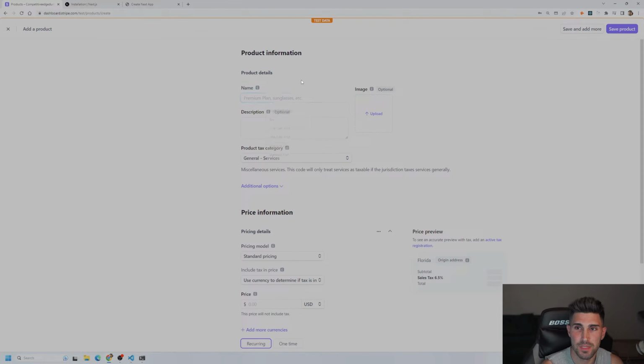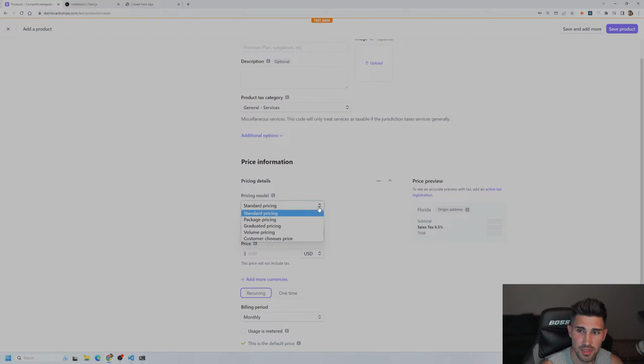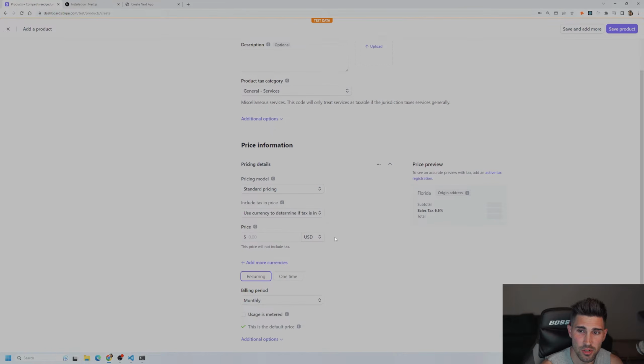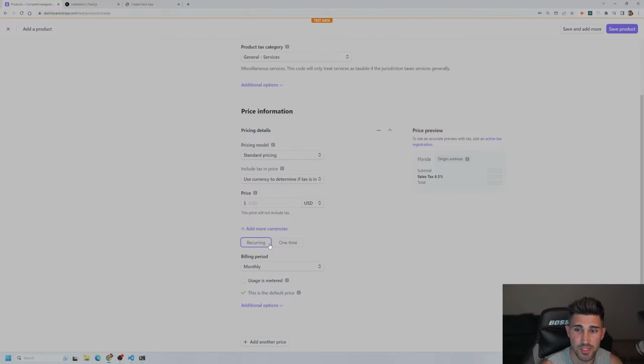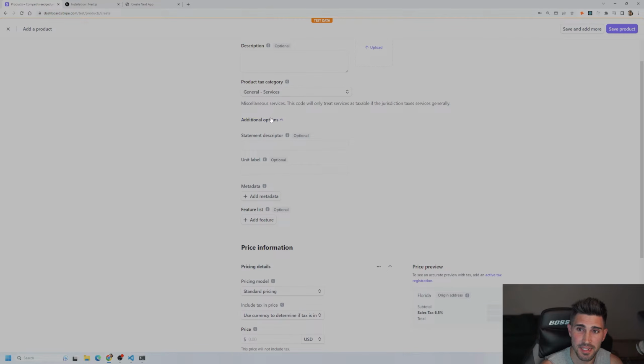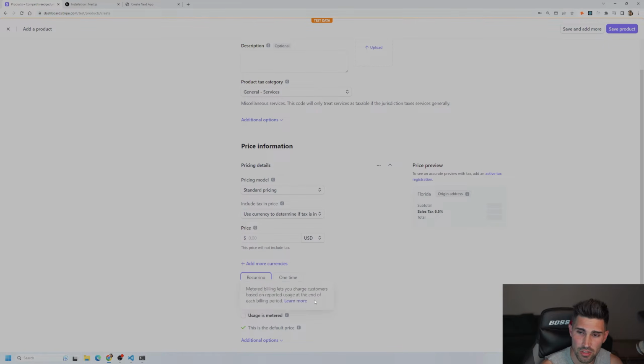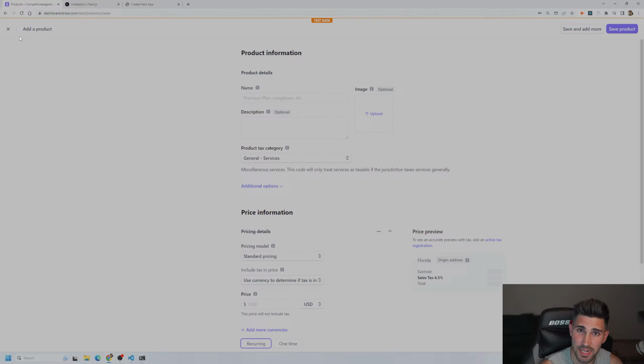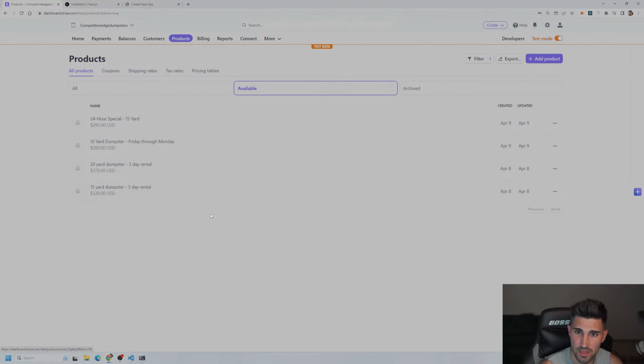Okay. So these are the product details you have to fill out. So you just have to give it a name, a description, the pricing model. We're going to use standard pricing, the price, if it's a recurring or one-time checkout. You could see additional options, which are different metadata, and unit labels and features lists and all that. You could just go through that, but I'm going to show you exactly what I did for each of the products we've done. So for this 15-yard dumpster 3-day rental,